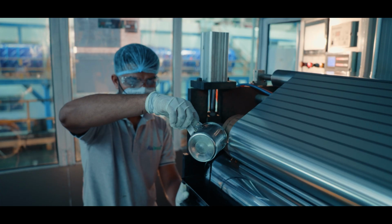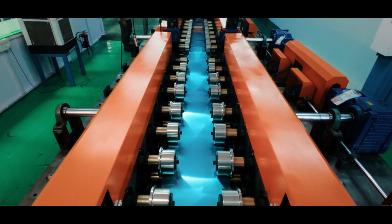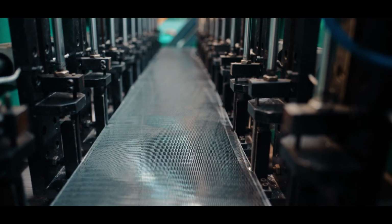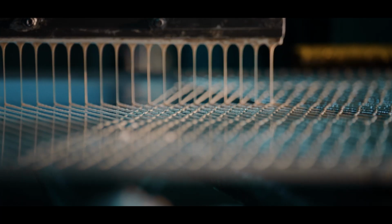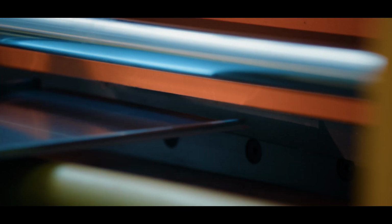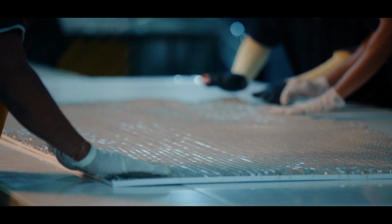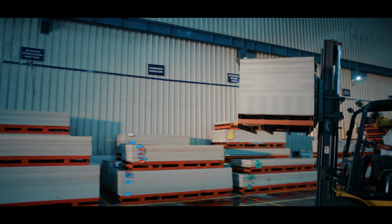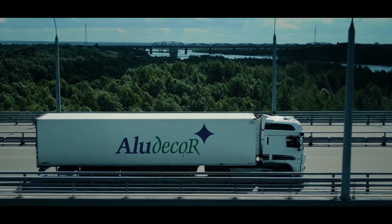Aludecor is the only company with an integrated honeycomb production line, powered by fully automated roll forming, in-house core manufacturing, and fully automated glue dispensing for the best panel bonding, all guaranteeing the highest precision and consistency in quality of the NEXComb panels. Delivering across all the major states of India, Aludecor ACP sheets are trusted by the biggest brands